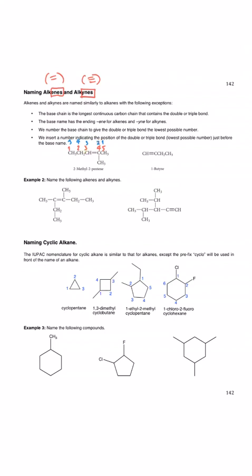Therefore, the system that we are going to use, or the longest continuous carbon chain, would be what I label in blue. So this is not correct, right? So I'm going to cross the red out. Therefore, in this case, you are going to do the same thing, right? So we are going to find out what is the attachment, and in this case, attachment is the methyl group. Therefore, you are going to describe the location of methyl group first, so 2-methyl,